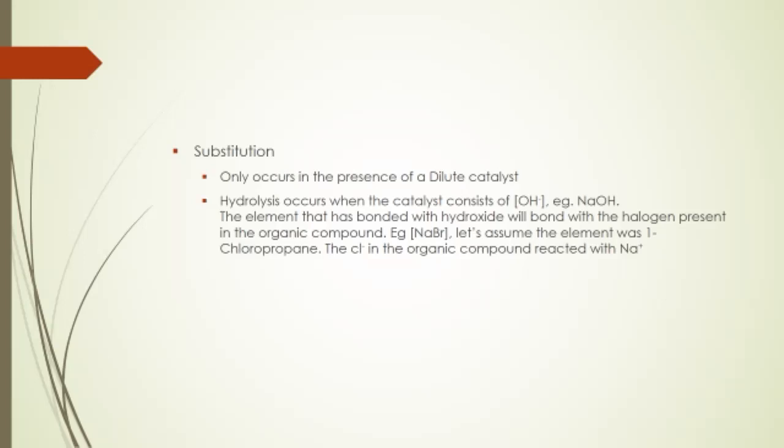Let's say in your alkyl halide or haloalkane, you've got maybe 1-bromopropane. This is an alkyl halide, and because it's still an alkane, there are still bonds. That bromide can bond with the sodium there. Then the hydroxide can bond with that carbon, which forms your alcohol. The substitution